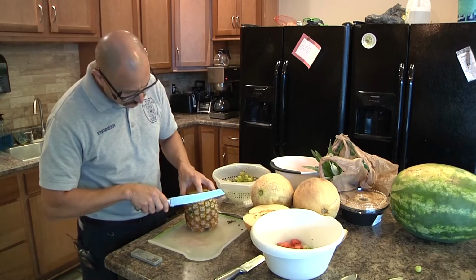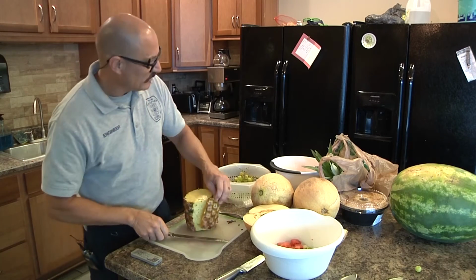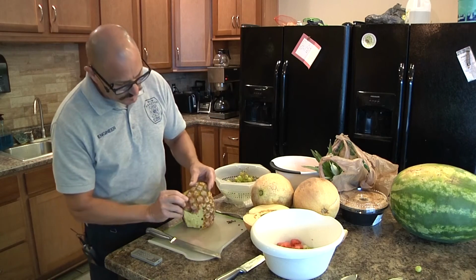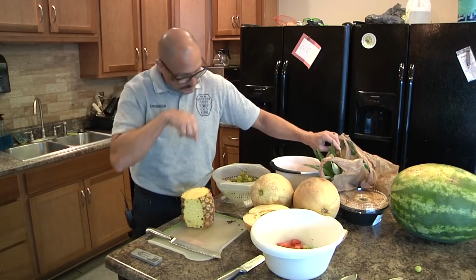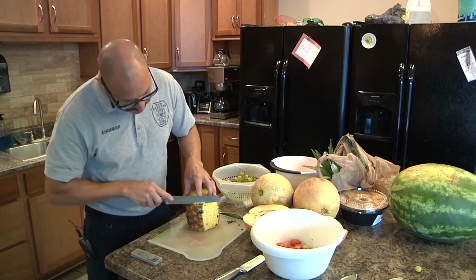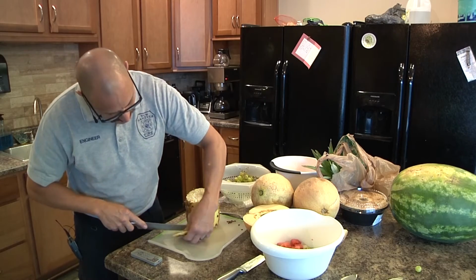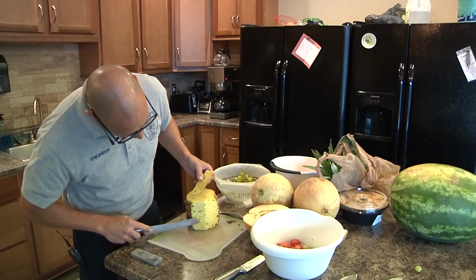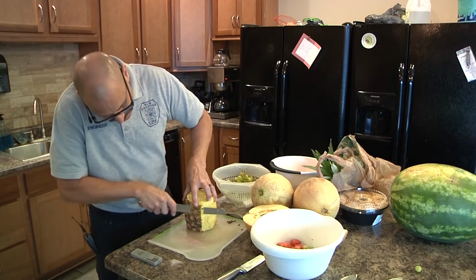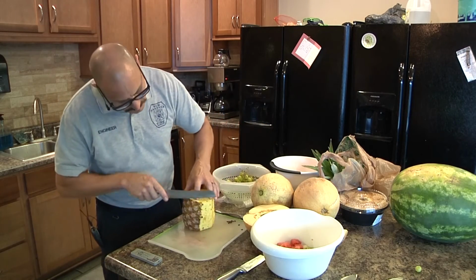So real easily, you might have seen people do this. The hibachi guys do this at the Japanese restaurants with certain things that they have. So I've just cut up the side off. You'll notice that the spines and the spikes, excuse me, on the side of the fruit go in pretty deep. So you'll find by trial and error how deep you need to go when cutting the skin off. If it's not enough, you'll still see some growth in the fruit, and you want to go ahead and remove that. So maybe 1/4 inch on some, maybe less, maybe a little bit more. And you just work your way around